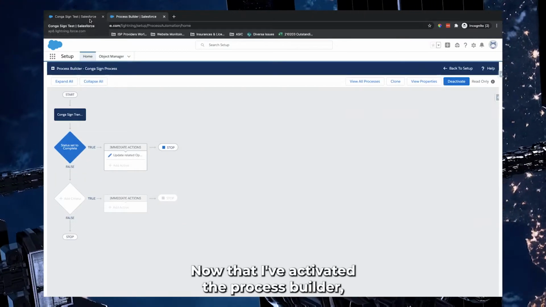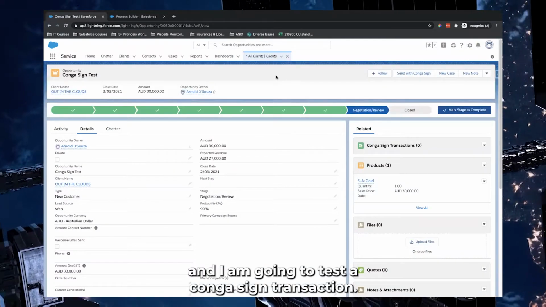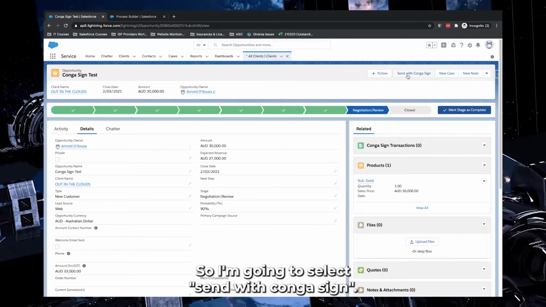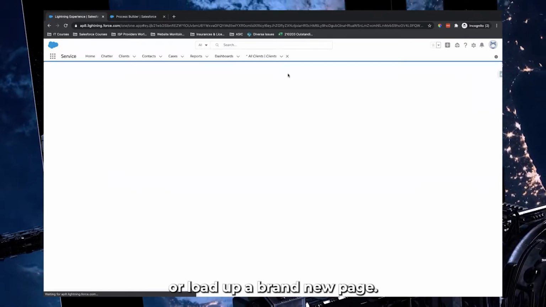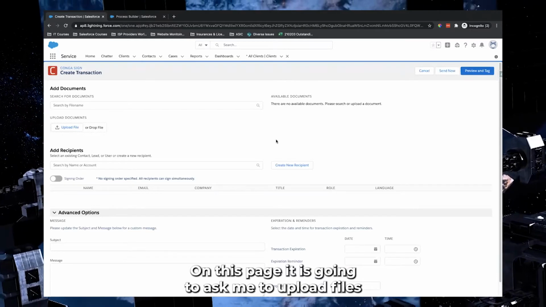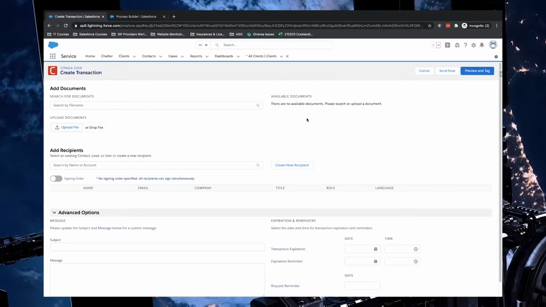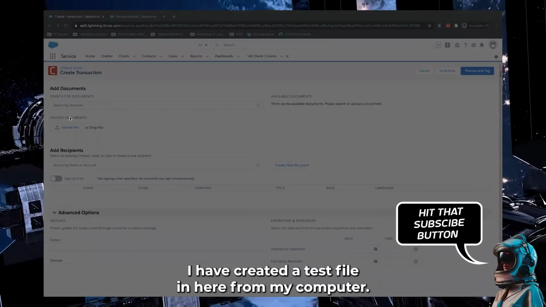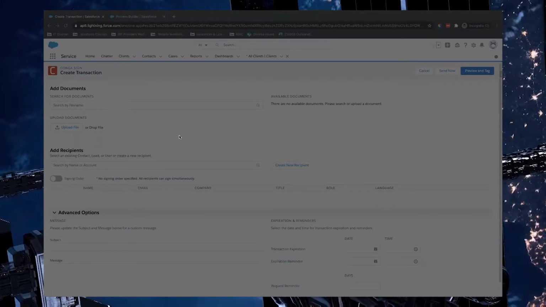Now that I've activated the Process Builder, I can go back to the front end, and I am going to test a Conga Sign transaction. So I'm going to select Send with Conga Sign. And once I do, it is going to load up a brand new page. On this page, it is going to ask me to upload files because there are no files related to the opportunity. So I'm going to upload the file. I have created a test file in here from my computer. I've just called it CongaSign